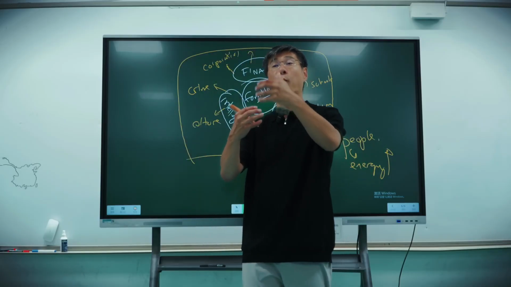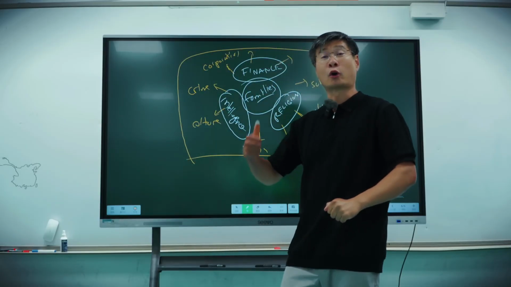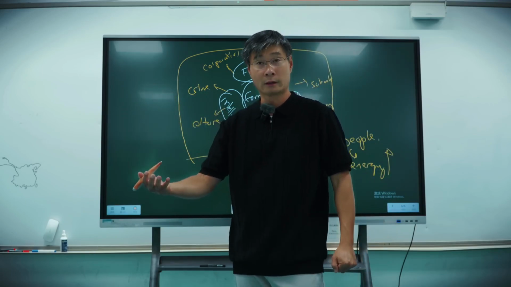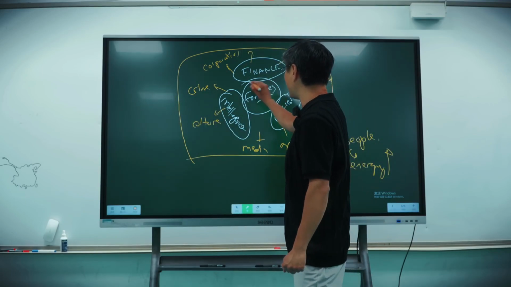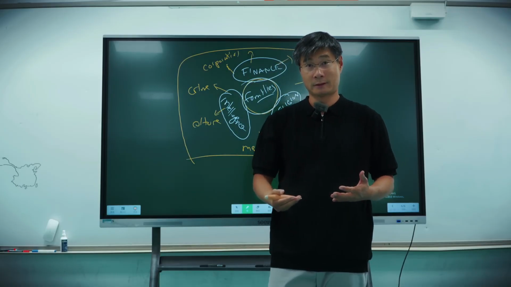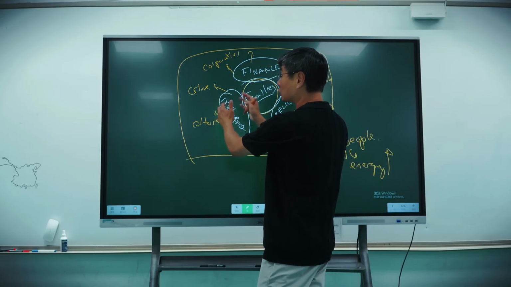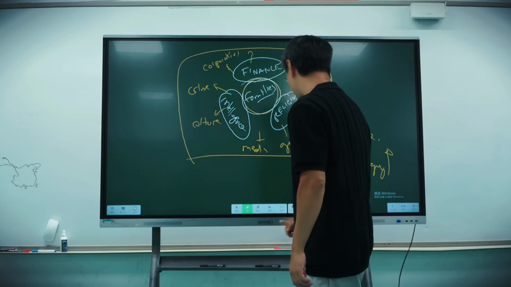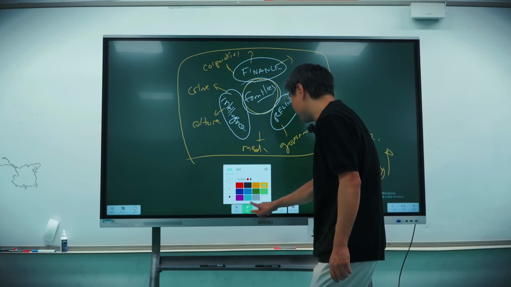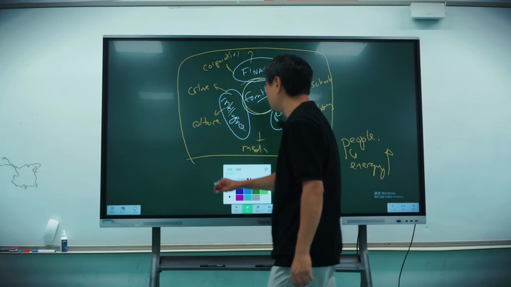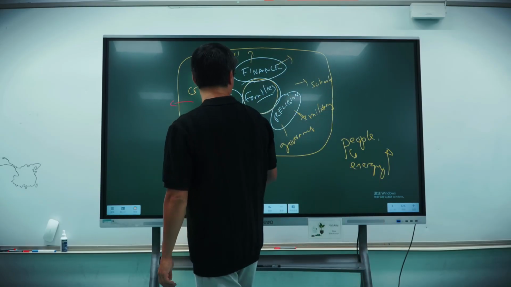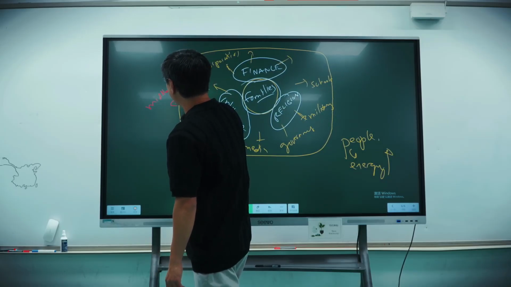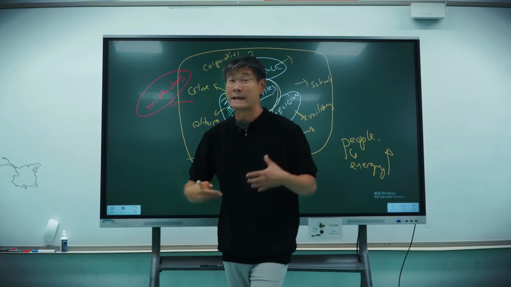Think of society as a corporation. The people are the workers, right? They're the ones who do the real work. The elite, these families, are the owners. And these people in between, the middle class, are the managers. Okay? So again, this is a very simple metaphor, and it's not accurate, but it's useful for analysis.